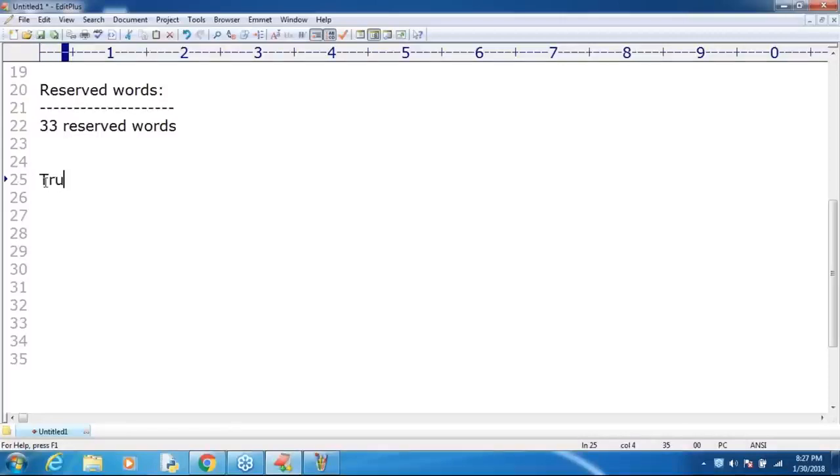Now, True: this word is reserved to represent a boolean value. Correct or not? Next, after that, False. Next, None. Are you getting that? Can you please spell out the first three: True, False, None. True and False are both for the boolean data type. None means nothing. If you want to indicate that nothing is there, we use None in Python, something like the people who come from a Java background, we use null.